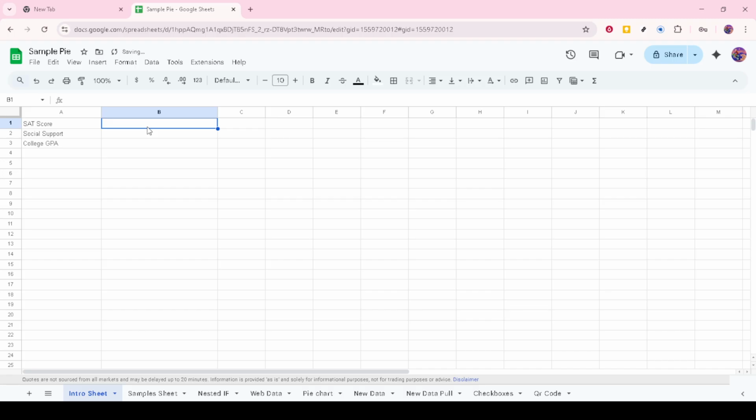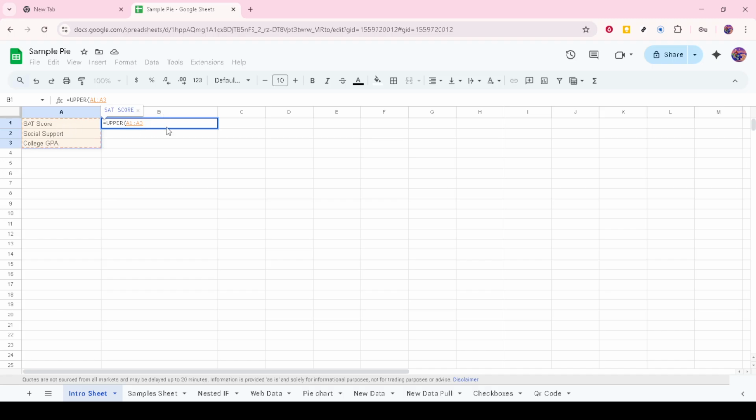With your output cell selected, you'll want to enter a formula that is tailor-made for this job. It's the UPPER function. In the selected cell, type equals, followed by the word UPPER in all caps. This is then immediately followed by an opening parenthesis, because this function will need to know which text you aim to convert.